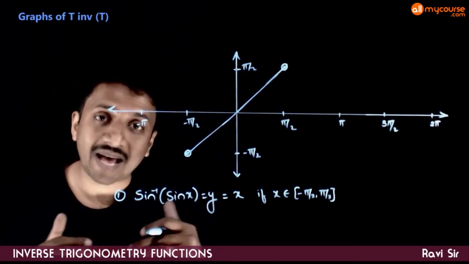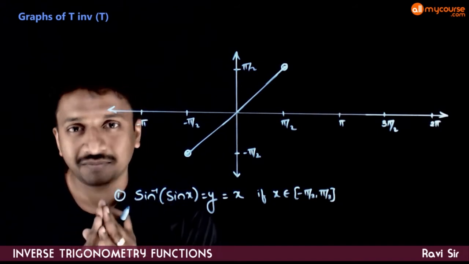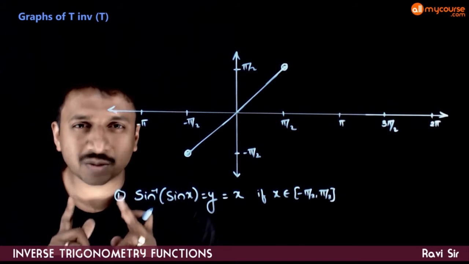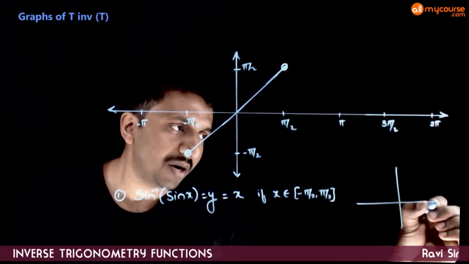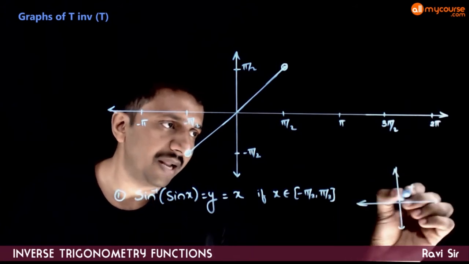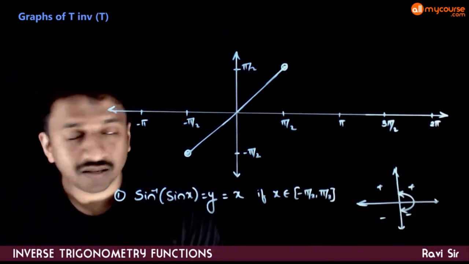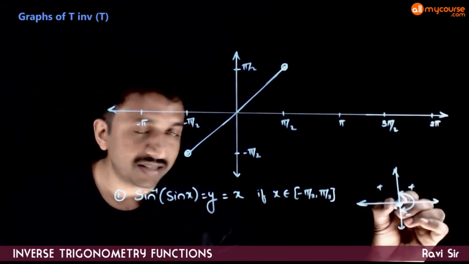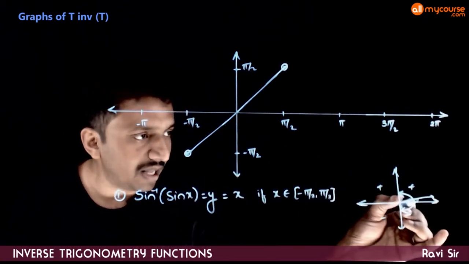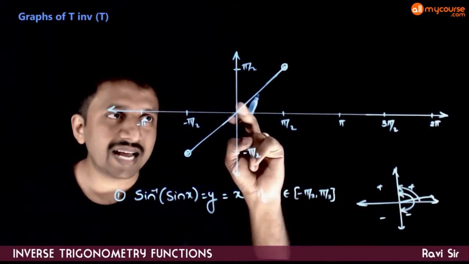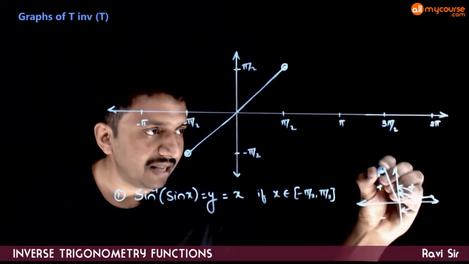Next, what happens after this? This will be very clear from the quadrant diagram. Just need to run a small animation in your brain. If you draw the quadrant diagram, sine plus plus minus minus. As the angle increases, imagine a ray rotating about the origin. From 0 to 90, you get exactly y is equal to x. Now, as the angle increases,